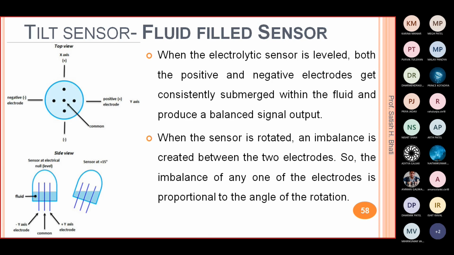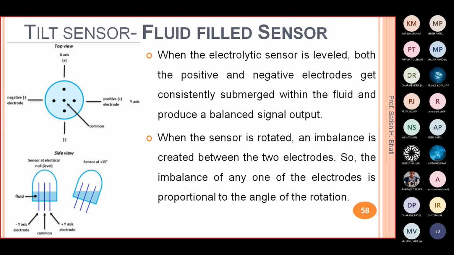Inside you can see the figure. In that you can see you have the electrodes, right? Two electrodes, positive and negative. And in the center you have a common, and you have placed that in a casing which you fill with the fluid, right? Once your sensor tilts, once your sensor makes an angle, the fluid will have more contact with the positive or maybe the negative electrode, and at the same time less contact with the other electrode, right?